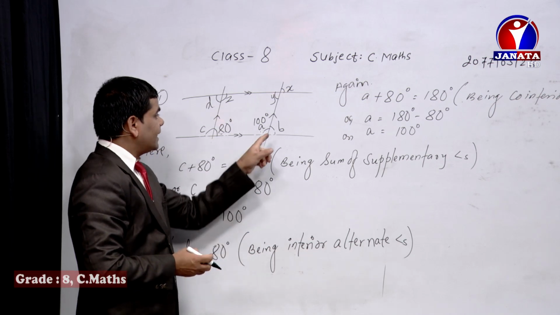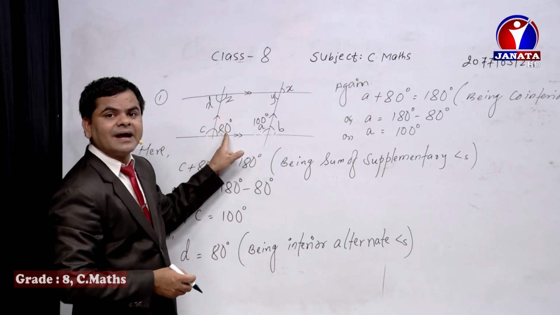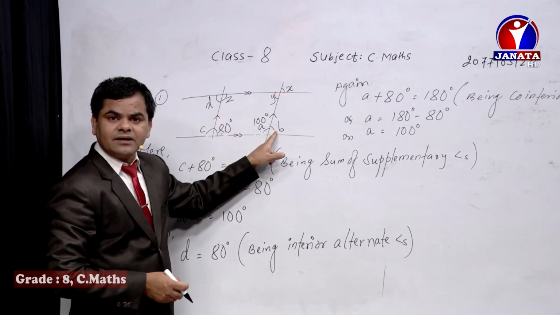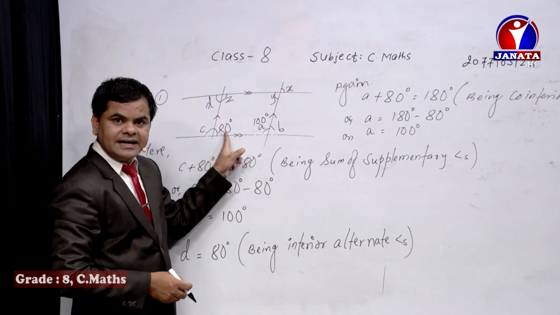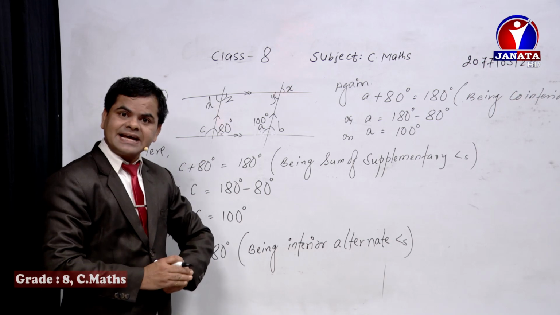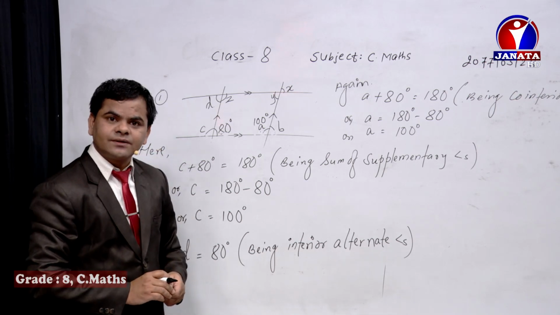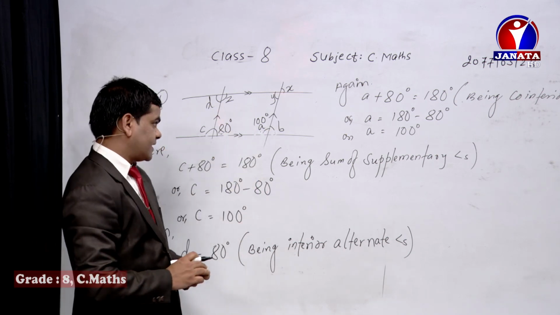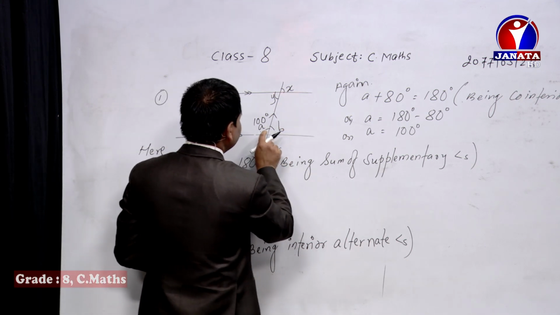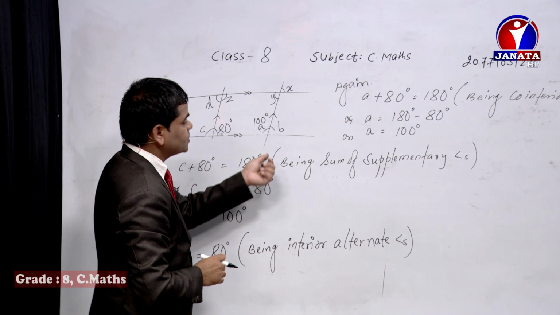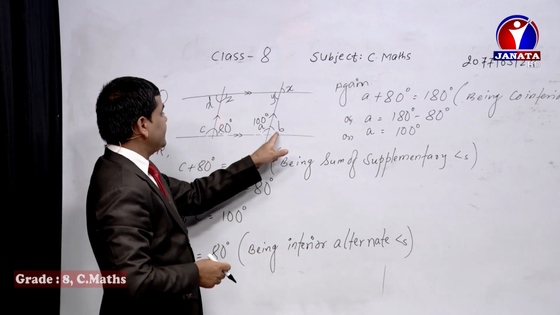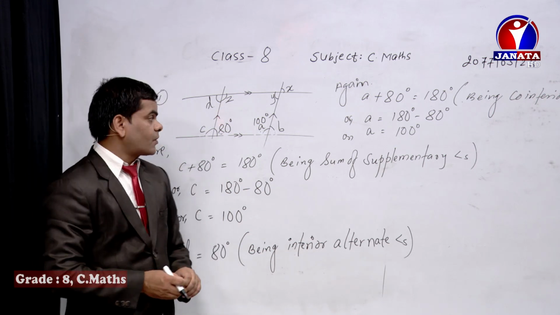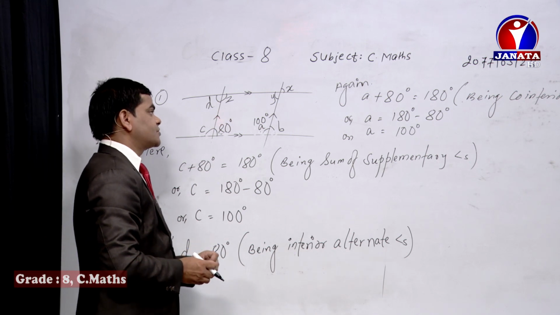Another way is, you can find B equals 80 degree directly, because they are corresponding angles. One is outside of the parallel lines, another is inside of the parallel lines, and both are on the same hand side. That type of relationship of the angles is known as corresponding angles. So B equals 80 degree you can write directly. Either you can do A plus B equals 180 degree, being the sum of supplementary angles, or B equals 80 degree being corresponding angles. By doing so, it will be easier and shorter to find the measure of angle B.